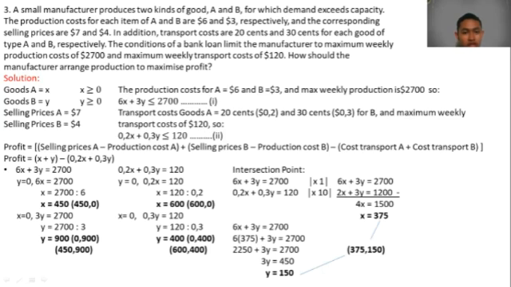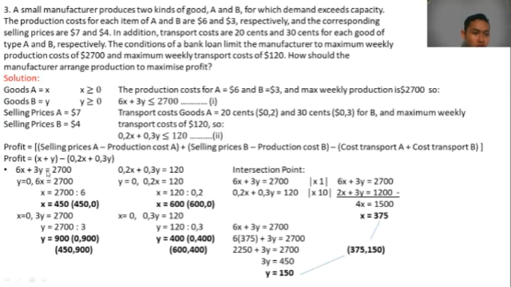So we can get the second equation is 0.2x plus 0.3y less than or equal to 120. And for the profit, we get x plus y less by 0.2x plus 0.3y. And then for the next step, we should find out all the points of each equation, and then we